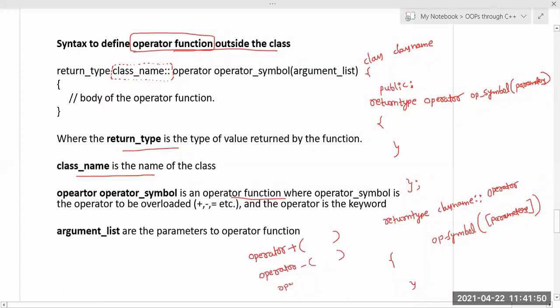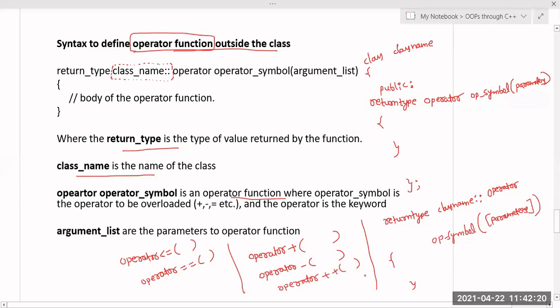And if I want to overload a binary operator, or a unary operator, then plus plus. If I want to overload another operator like operator less than or equal to, so this is nothing but a relational operator. And if I want to overload any other operator like equal to, the assignment operator, then I will write like this, single equal to or double equal to. Okay, all these operators. Okay, got it? All of you following, right?